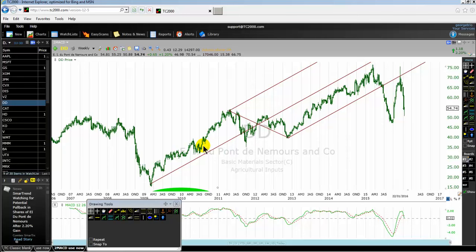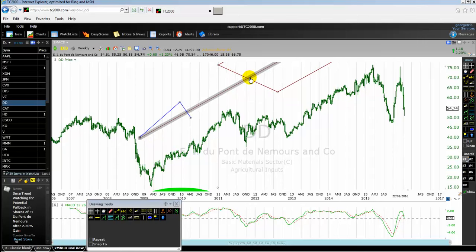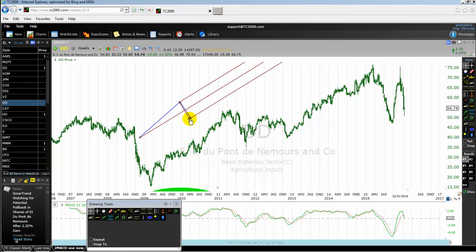Now, I want to say something very fast, which I talked about in another video, about the pitchfork tool. A lot of traders use the pitchfork tool, but they don't know the ultimate role of the pitchfork tool. R-O-L-E, role. The ultimate role of the pitchfork tool is to determine the possible path of a price action during a trend. Now, I will say it again because it's very, very important. The ultimate role of the pitchfork tool is to determine the possible path of the price action during a trend.